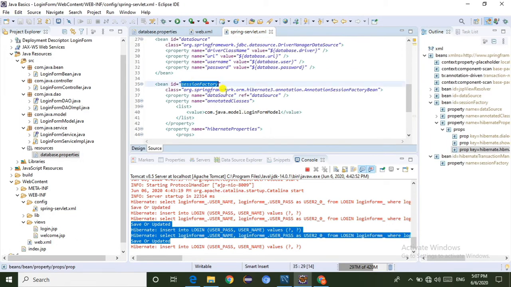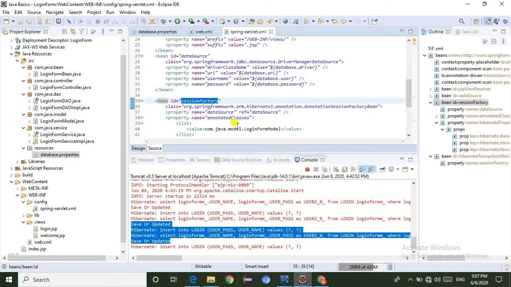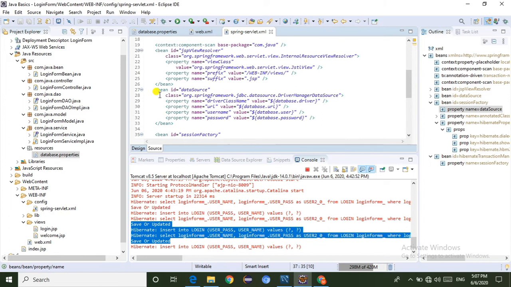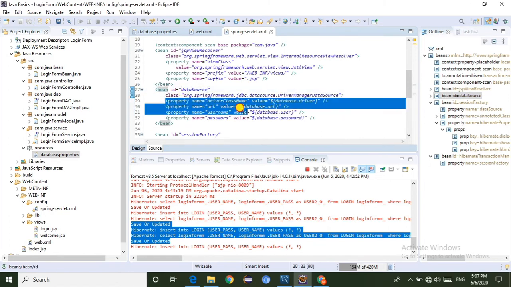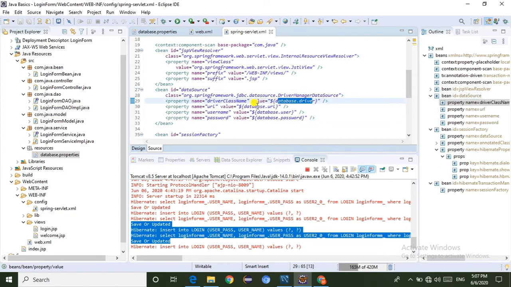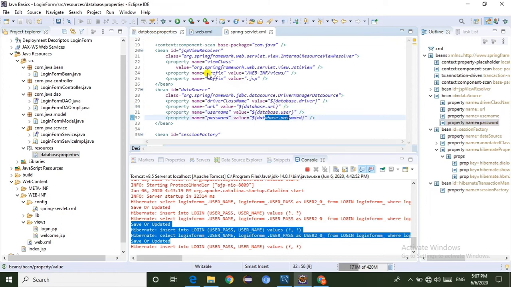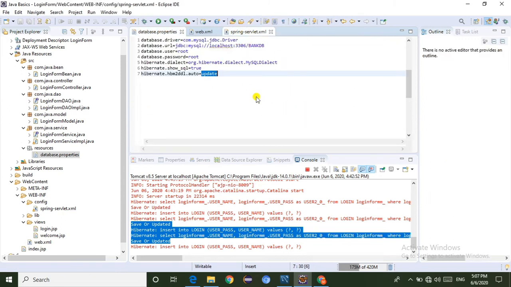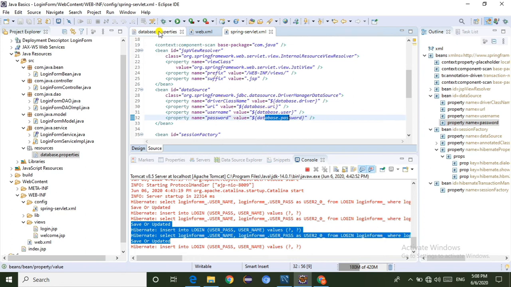Then here in the session factory we have a data source. This is the data source related configuration. In this data source we have four properties: the database driver, database URL, database user, and database password. It gets the data from the properties file.